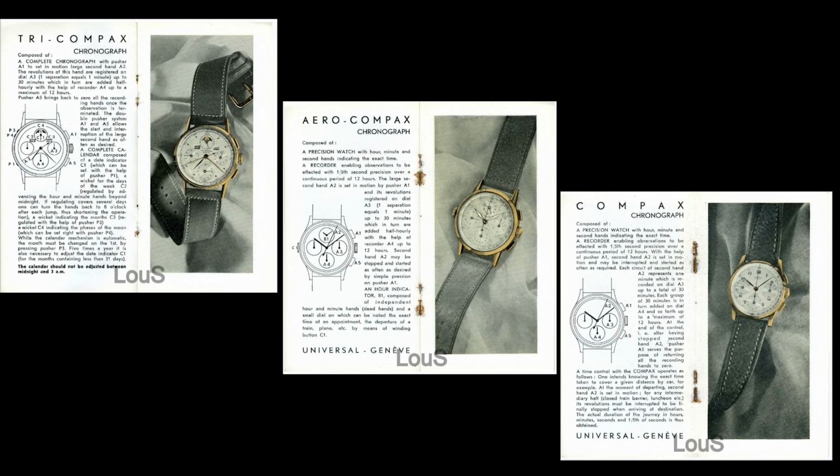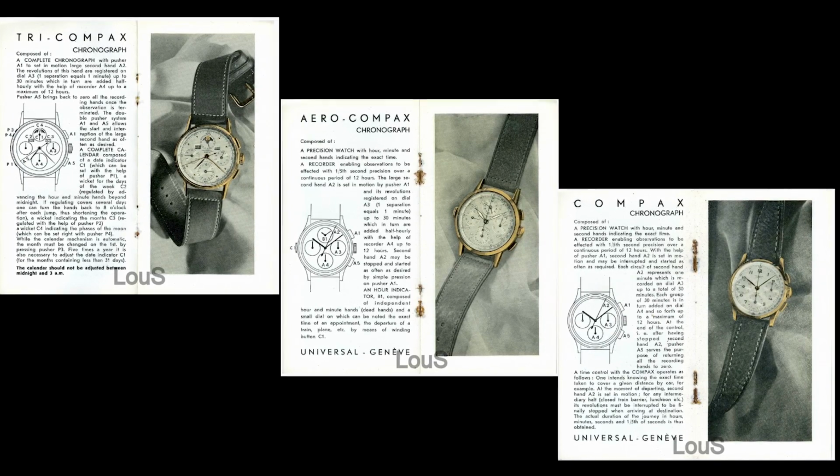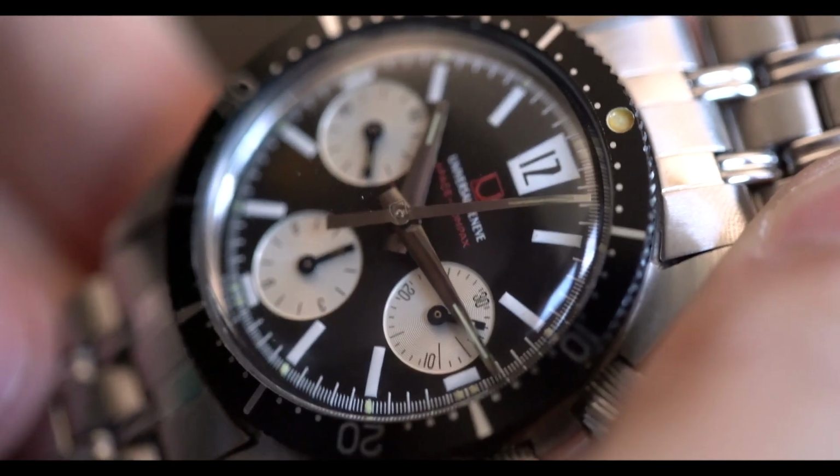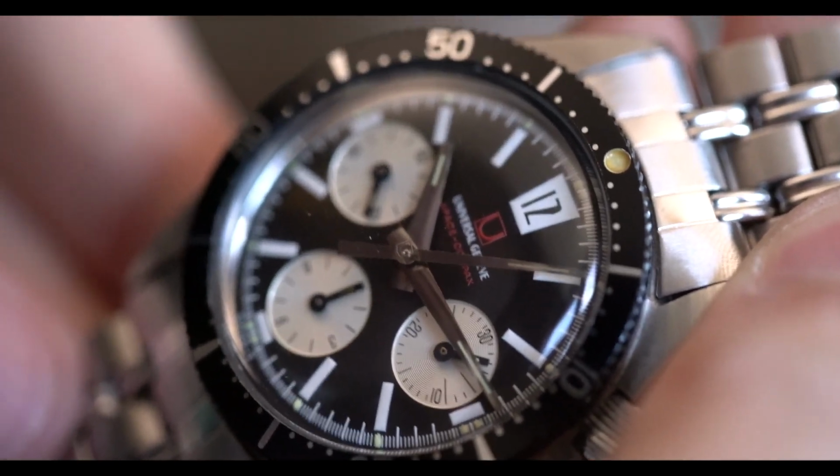In particular, the Universal Genève Space-Compax ref 885104/01 was designed to endure harsh conditions while supporting excellent functionality. What's interesting about this watch is most of them are from '67, '68, kind of '69. The serial range is a little bit fuzzy for Universal Genève, and there isn't an exact science to put an